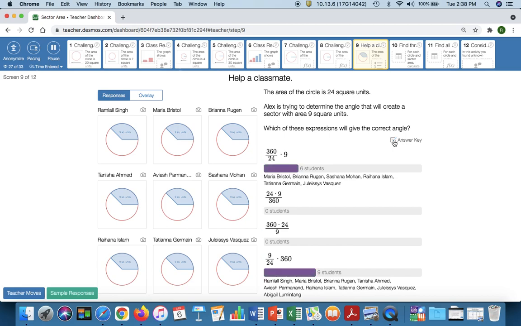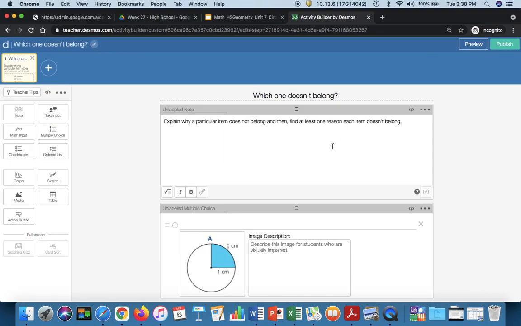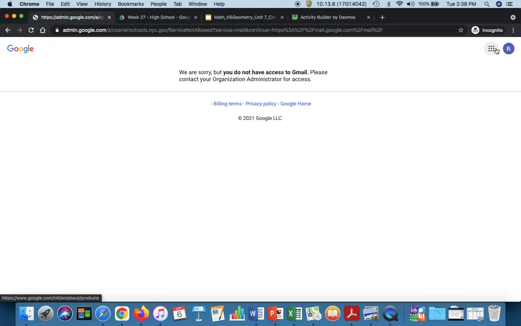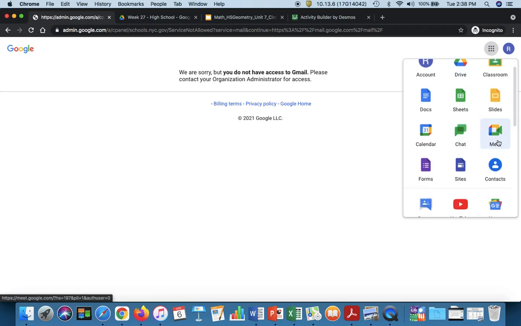If it's a long lesson and you may have forgotten something there. So why are these names important in the context of the question or in the context of a lesson plan? We could use these names for which one doesn't belong to set up breakout rooms, right? Because we want students to have this discourse to justify what's going on with their conclusions or why they feel one of these diagrams doesn't belong. So as I'm going into my breakout rooms here, right? So if I go to Google Meet